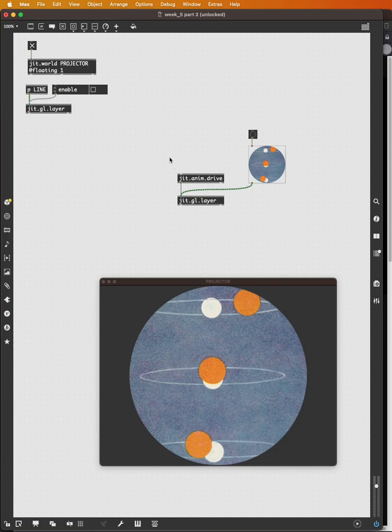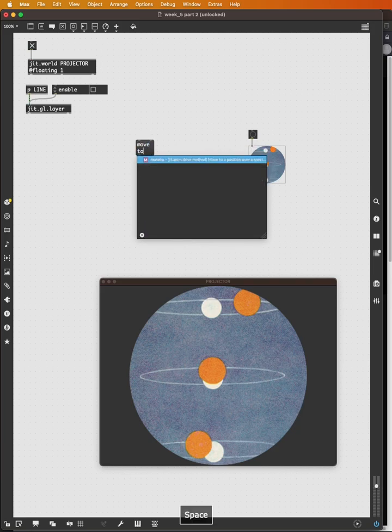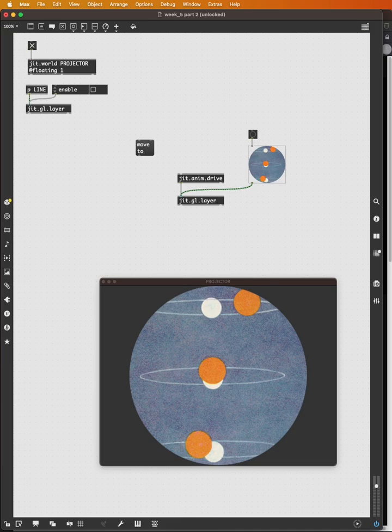So the jit.anim.drive just gives us some very simple commands that are, as most commands in Max, a list. For instance, the move to message. Move to, and then 3 numbers representing the X, Y, and Z coordinates to move to. And jit.gl.layer doesn't have a Z, it doesn't have a depth, so we're only going to be concerned with the X and Y. So if I want to move it to the left, I can say move to minus 0.5, 0, 0, and then the time of the move in seconds. So 2.5